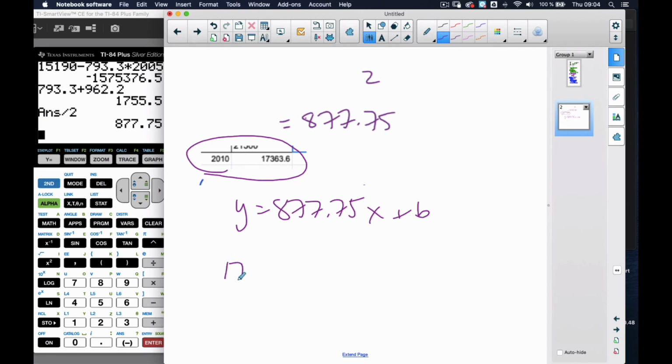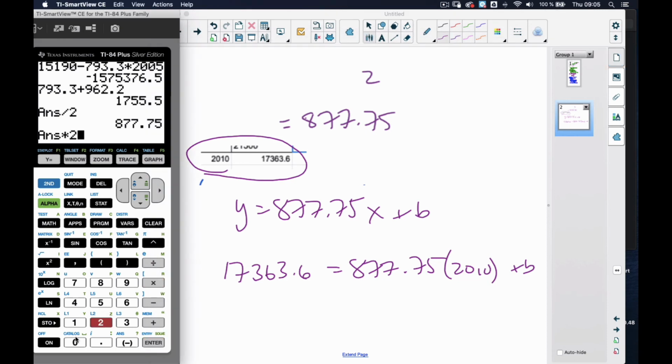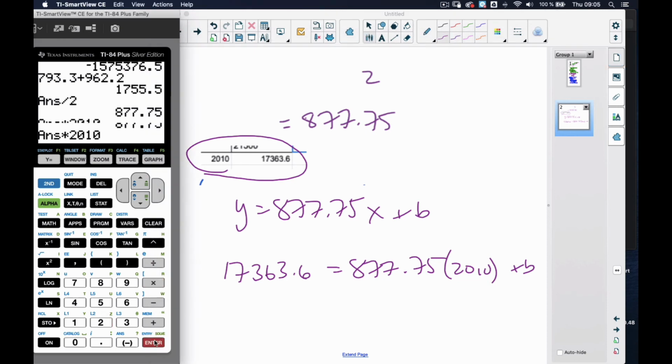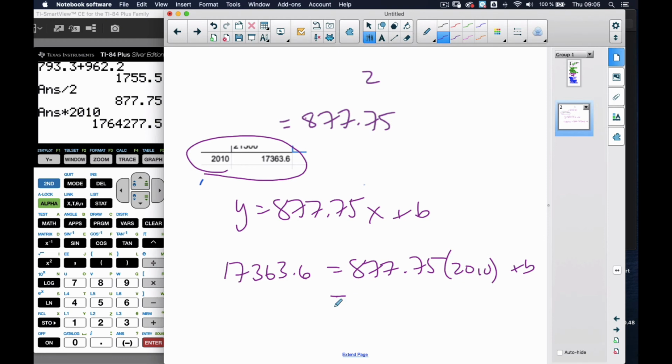So I'm going to go 17363.6 equals 877.75 times 2010 plus b. I know that 877.75 times 2010 is 1764277.5 plus b,